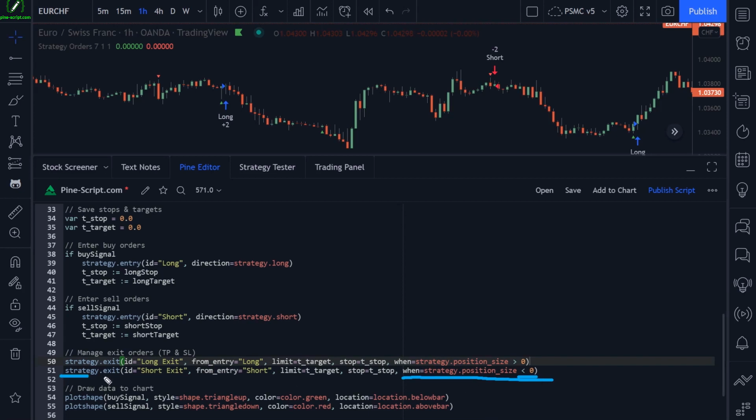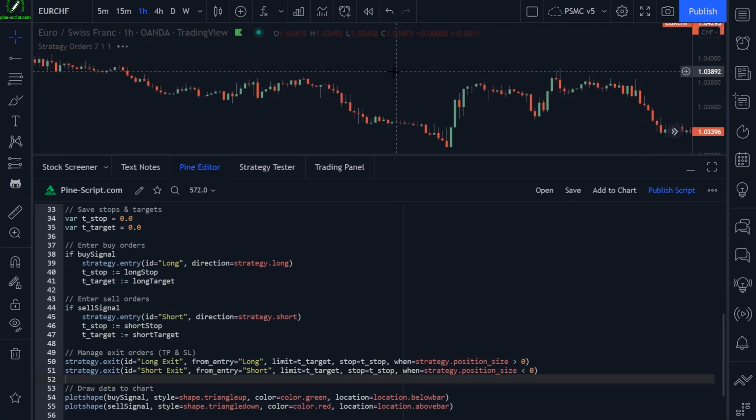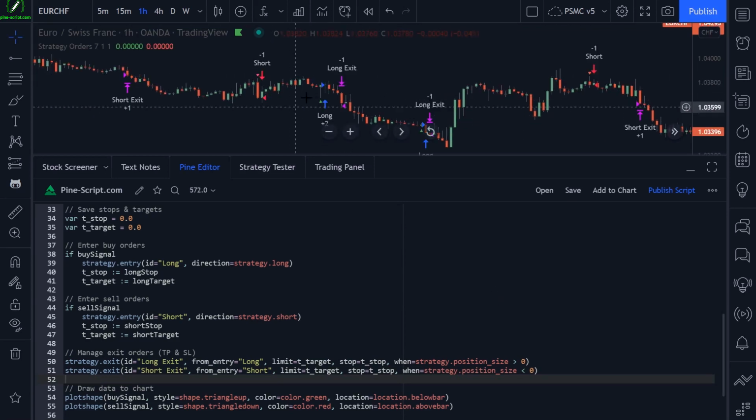Then we are in a short trade and we want to check our take profit and stop loss. And we want to analyze our take profit and stop loss in relation to the relevant order. So if we're in a long trade, we need to specify from entry long ID. If we're in a short trade, we need to specify from entry short ID. So now when I save my code, we should be entering and exiting trades based on our take profit and